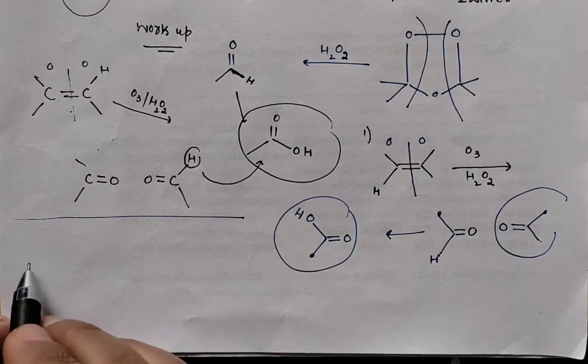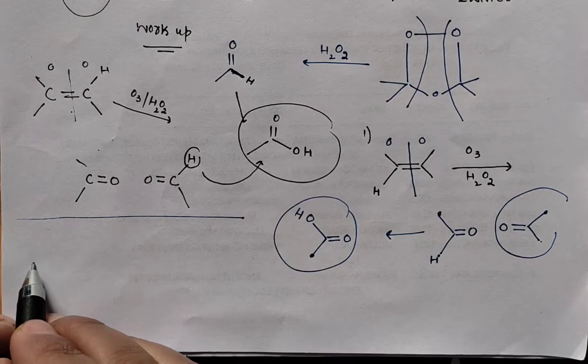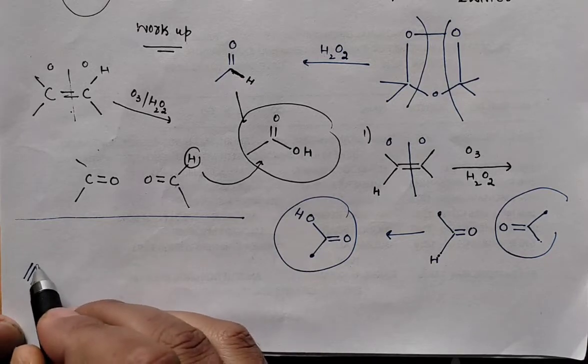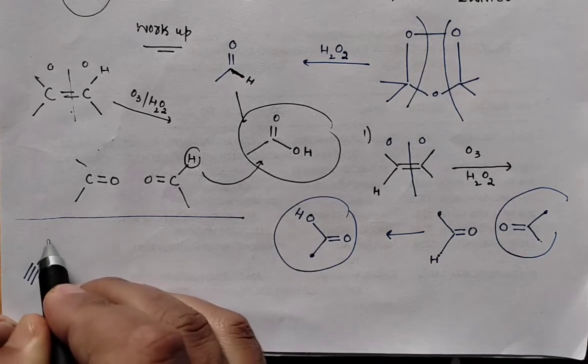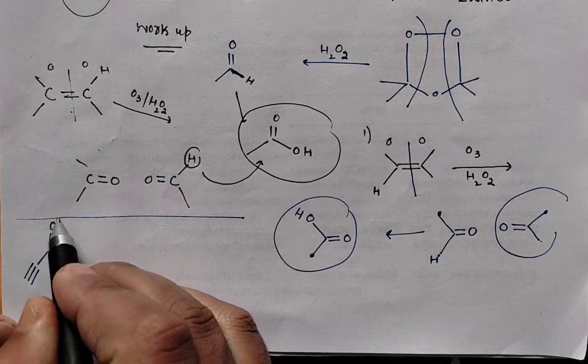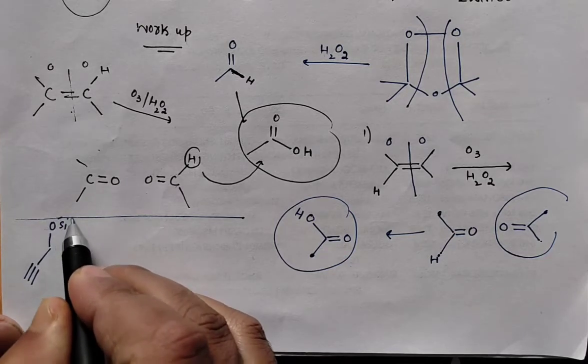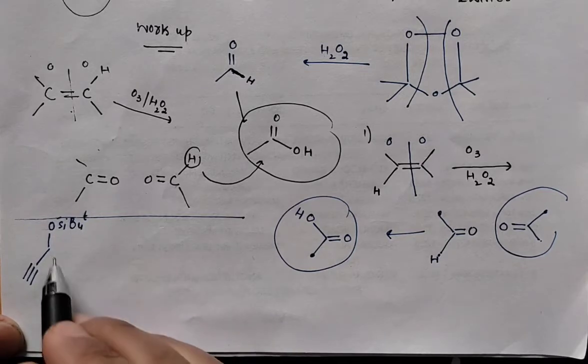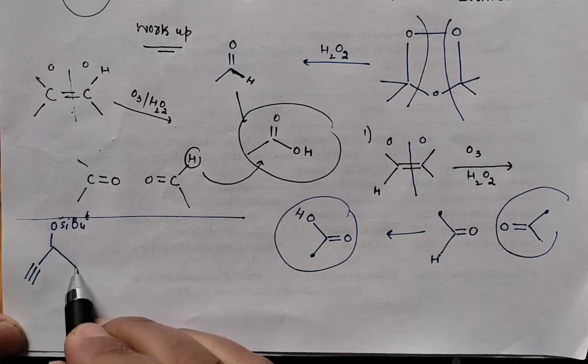If we have this type of compound, remember, this is very important. If you have a triple bond as well as a double bond in your compound. Sometimes this example came up, sometimes it was asked in one of the examples: there was some oxygen, there was some silicon, then there was this type of group, butyl, and then you have this type of compound,